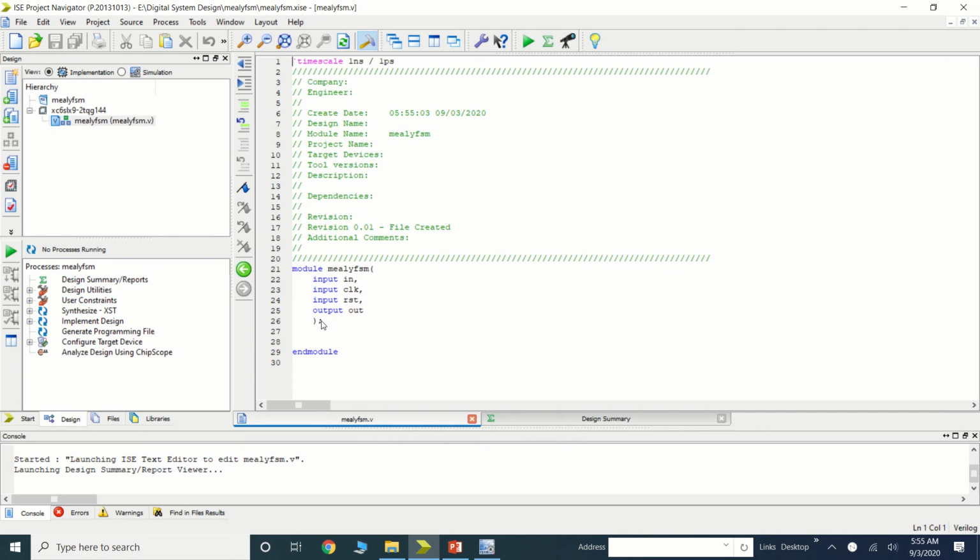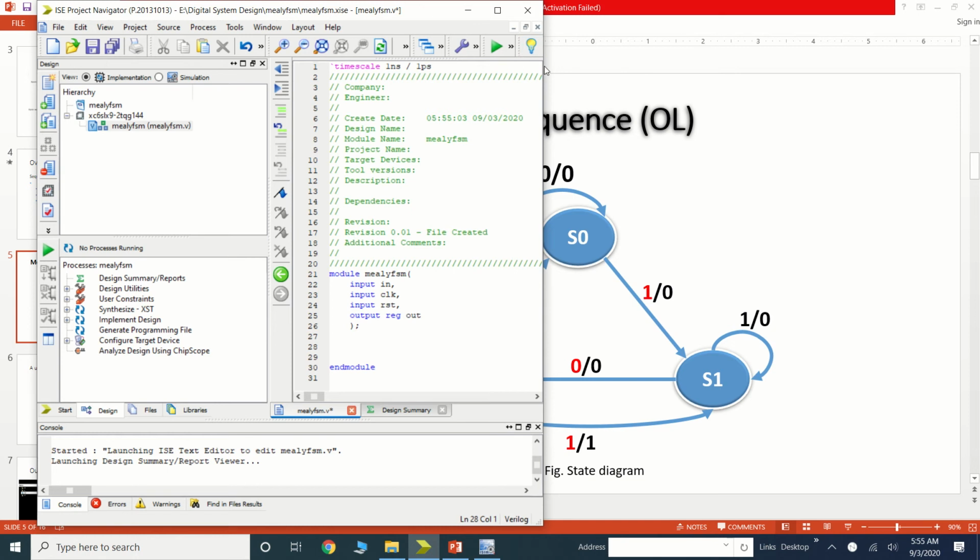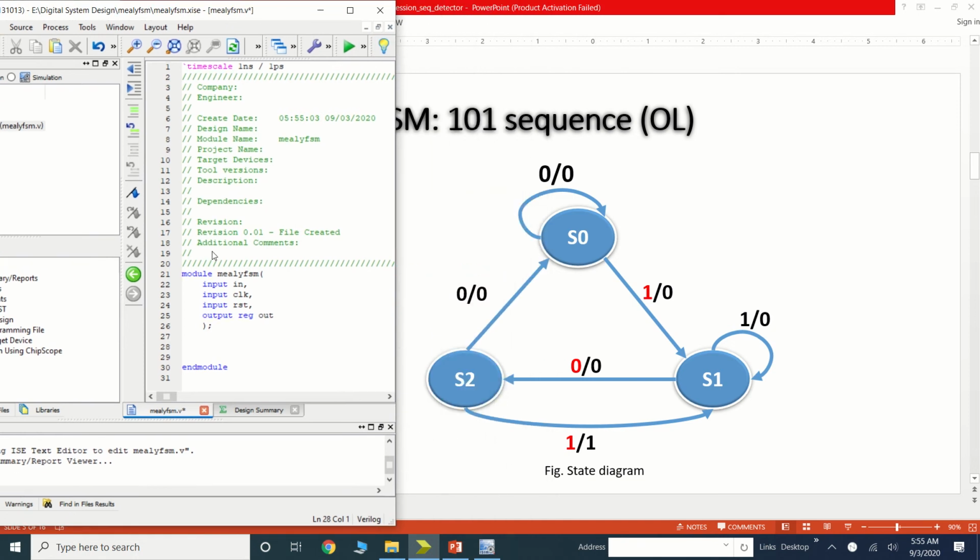So this is my module ready. Here I'll assign my output as a reg where I want to store my data. Now let me open the state diagram side by side, so it would be easy to map the code with it.